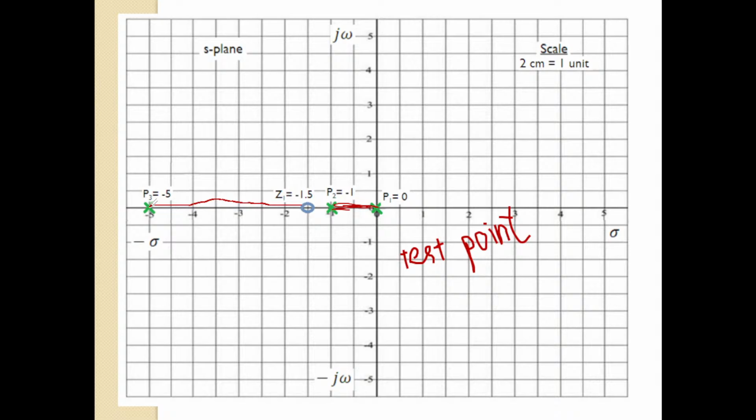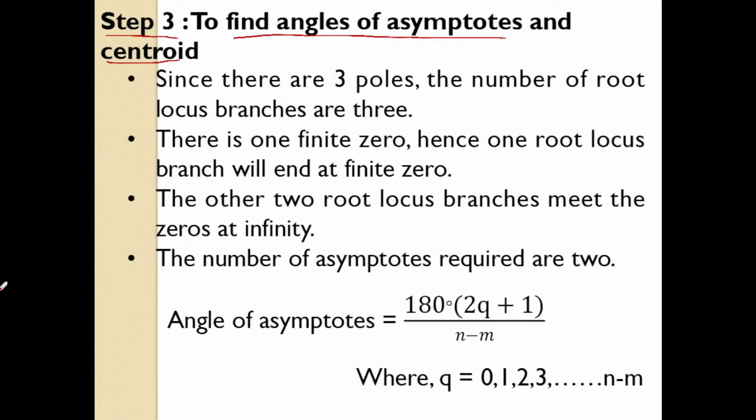So I am changing this slide. Now let us go to step number 3. In step number 3, we have to find the angles of asymptotes and centroid. To find the angles of asymptotes and centroid, the formula is